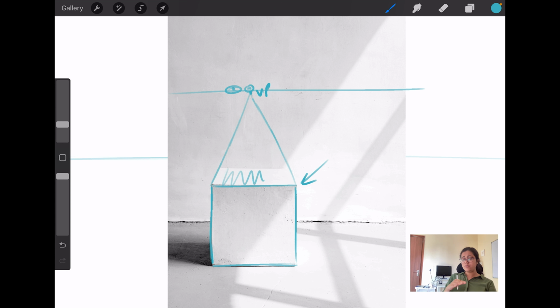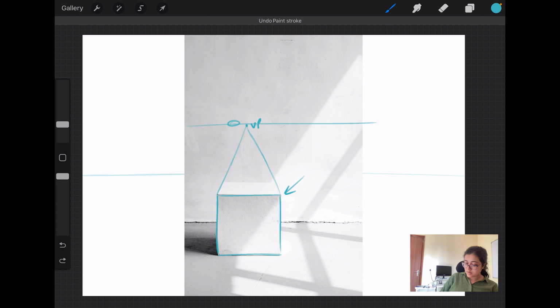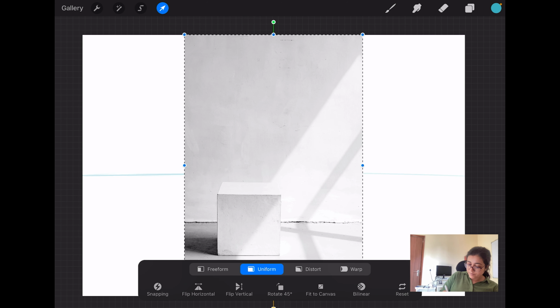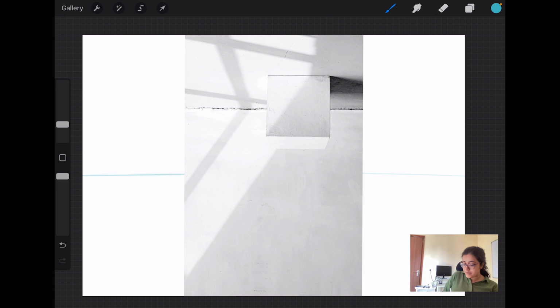If something is below your eye level, you are always going to see the top part of it. And if something is above you, let's say if I just turn this picture upside down, you will always see the bottom side of it. Something up above our eye level, this is our horizon, and this is above our eye level, that means you're going to see the bottom part of it, right?